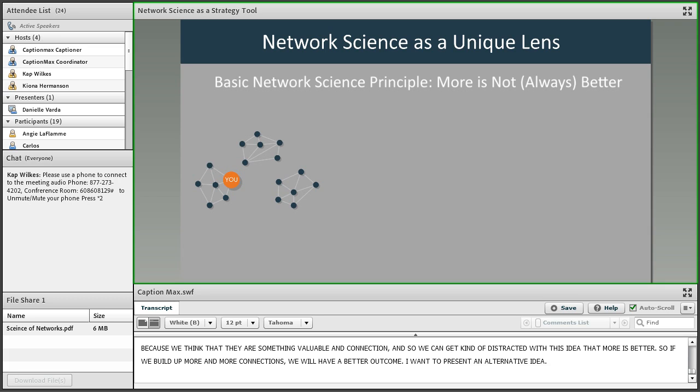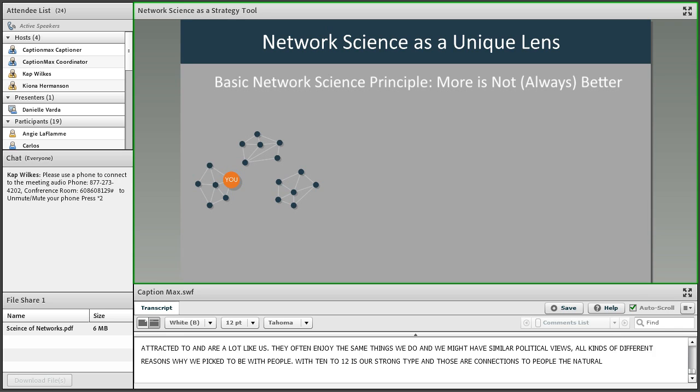But I want to present an alternative idea to you for a second. So everyone on the phone, I want you to focus on this yellow node that says you right now, and I just want you to think about yourself and who you connect with, not you at your organization managing a big network, but you as a person and the people that you surround yourself with. They're often people who we're attracted to and want to connect with because they are a lot like us. They have access to similar resources. They often enjoy the same things we do. They might have similar political views, all kinds of different reasons why we pick to be with people.